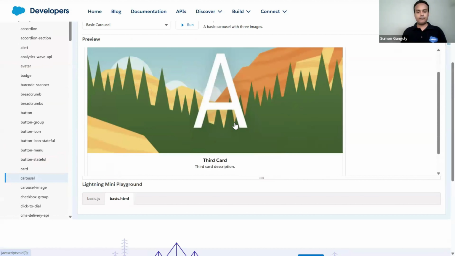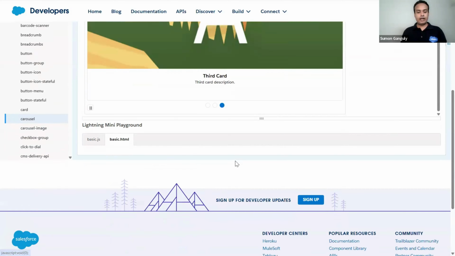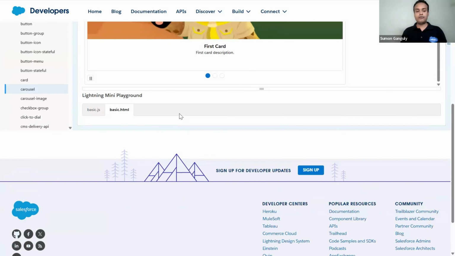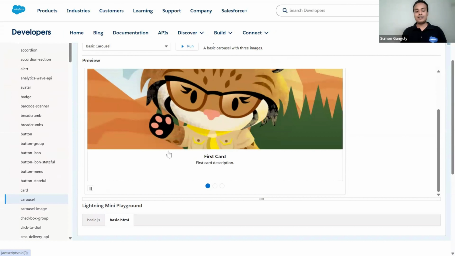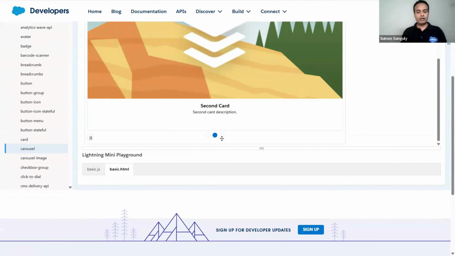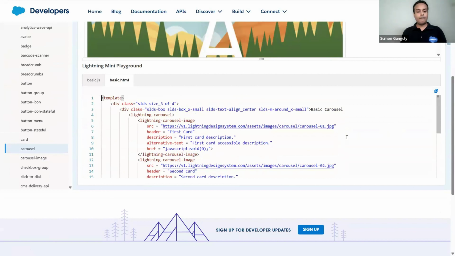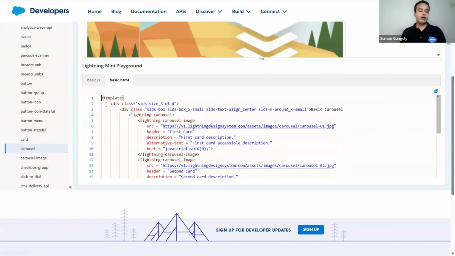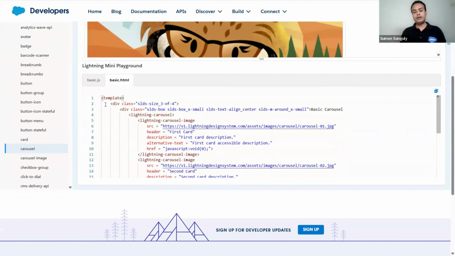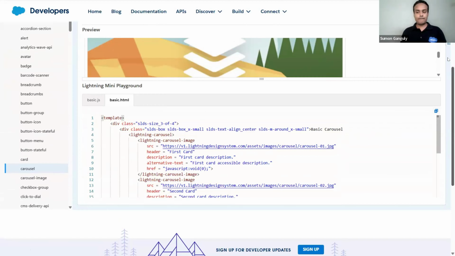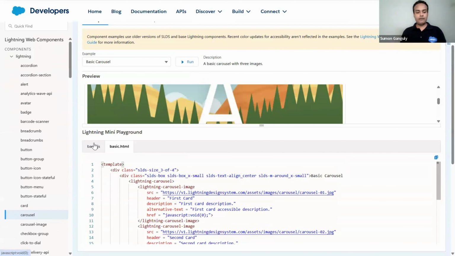there are two cards here, right? And what we have here is the code which is used for this card-like structure. Let me make it a little bigger so that you can see it. This is the code behind this. This is the structure. This is the HTML tags or the structure for what you can see here on the screen. And if you look into,